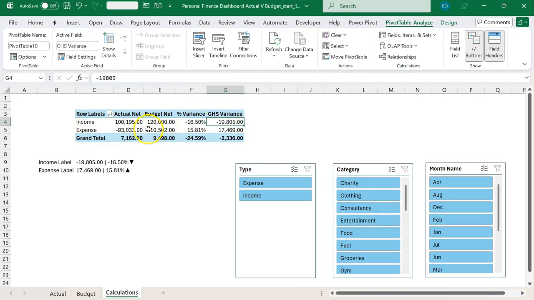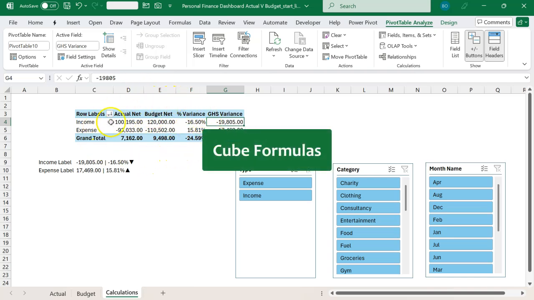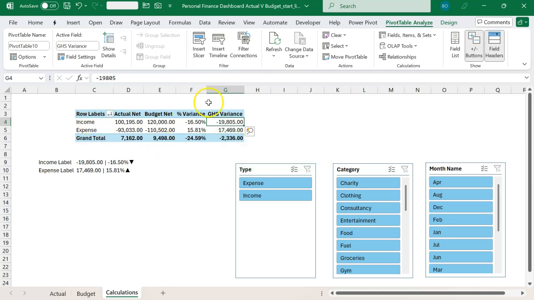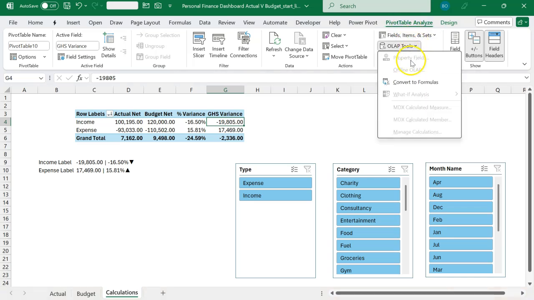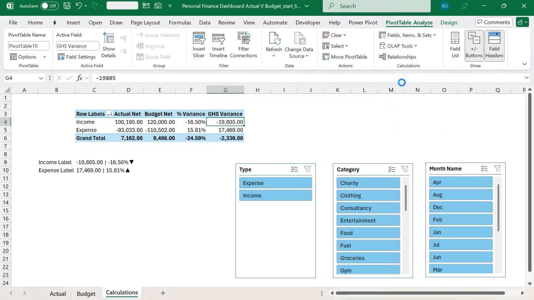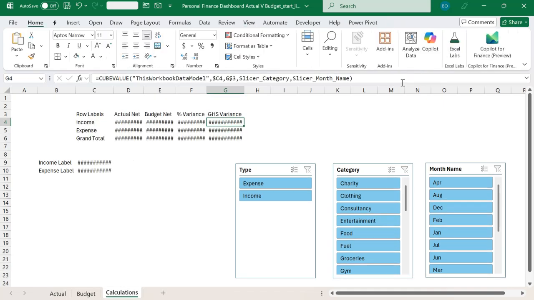So to do that, we need to convert this pivot table into cube formulas. I mean, we won't lose anything. It will just maintain the shape of the pivot table. Our slicers will still work and we'll still be able to get updates when our data source changes. So let's learn how to do that. Select the pivot table, come to pivot table analyze. Under the OLAP tools, you see the option to convert to formulas. Right. So if I click on convert to formulas, in just some seconds, you see that this has now been